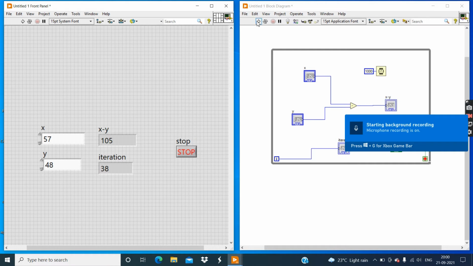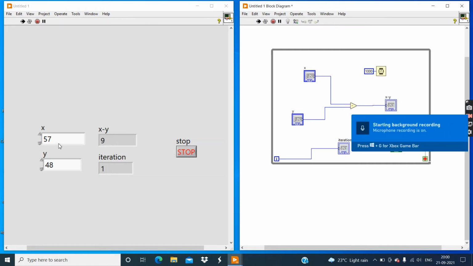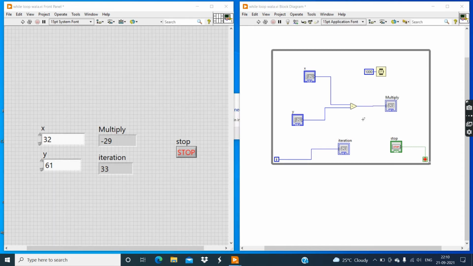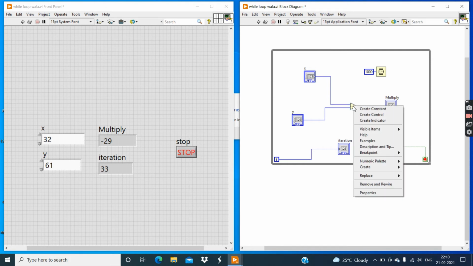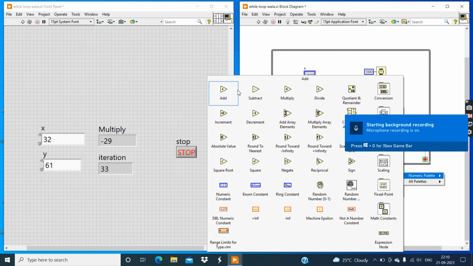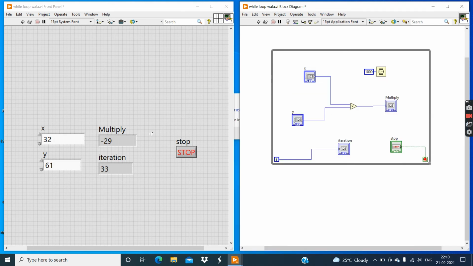Then click on this run button. Now you can see 57 minus 48, that is 9. Increase the X controller and see the changes in the result as per iteration. Okay, minus 29. Now click on this stop button. Now replace this subtract with multiply. Go to replace, then the numeric palette, and replace subtract with multiply.